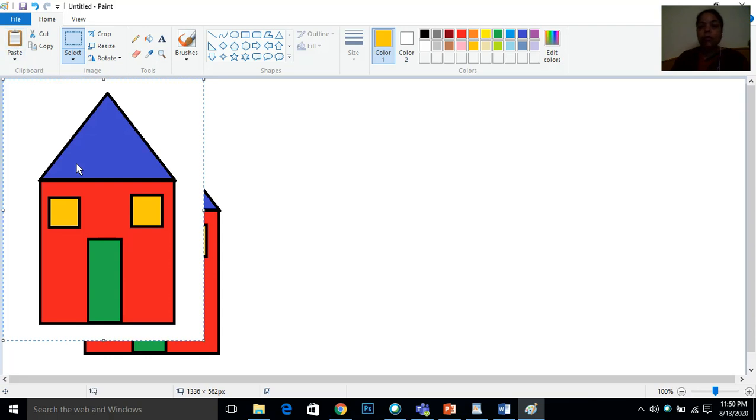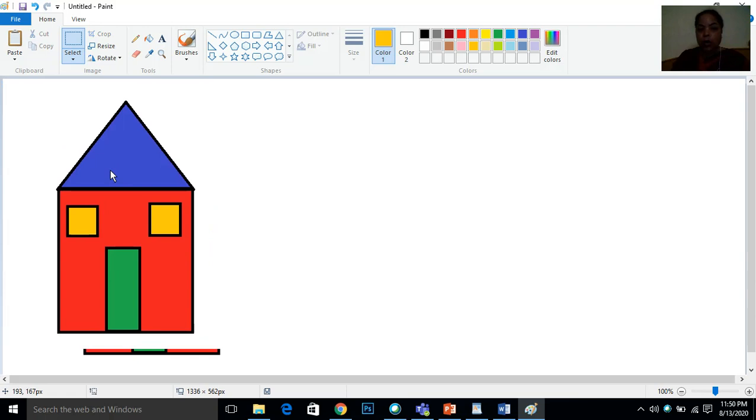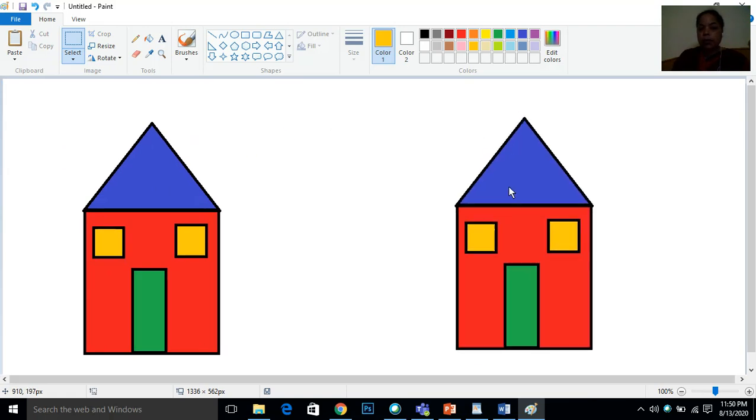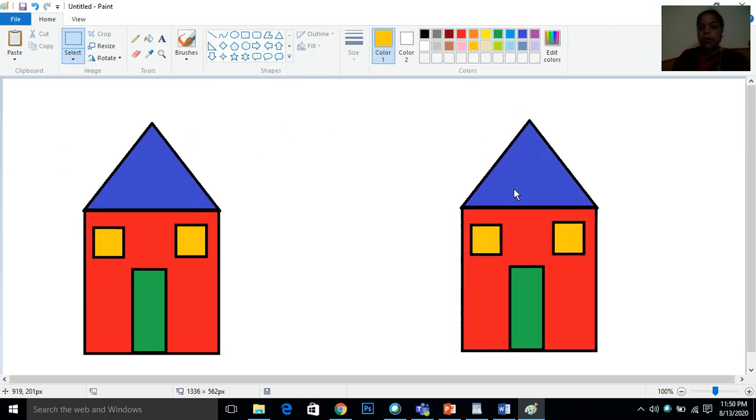Now what you have to do? You have to place this drawing, this hut, at another place. So just place your mouse pointer here on this drawing. You can see it is coming in four-headed arrow. You can see that four-headed arrow is coming here. So just press the left mouse button and drag it and drop it at another place. You can see. Now just place it here. Now you can see here that without drawing any image, you have